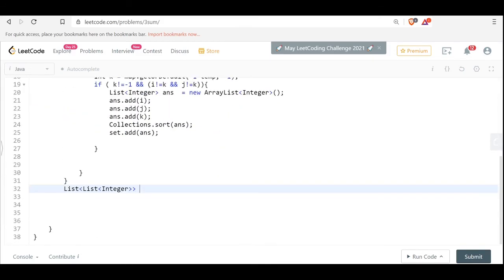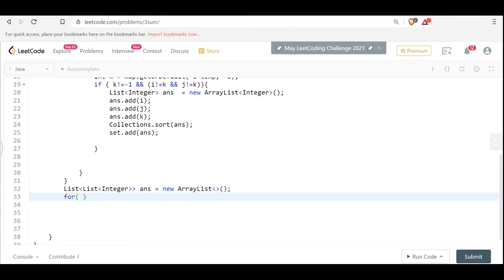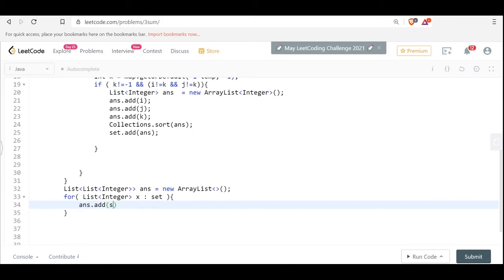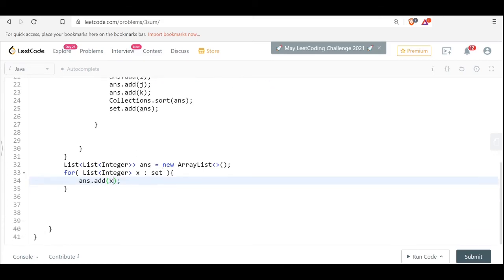This answer is not accessible outside, so in my array list, we say that for this list of integers x in my set, answer dot add x, and then let's return.